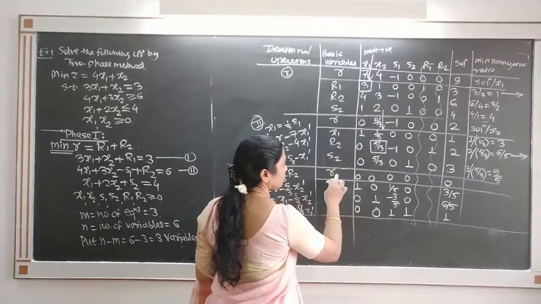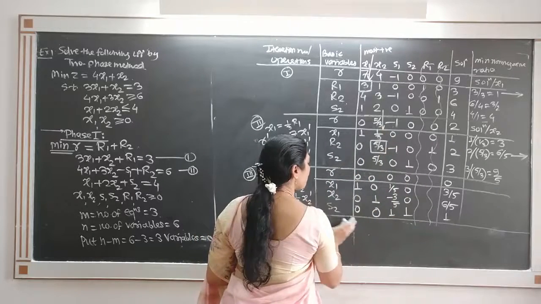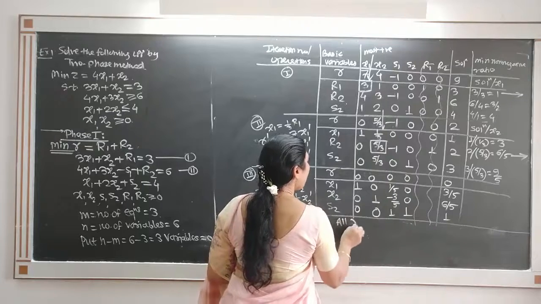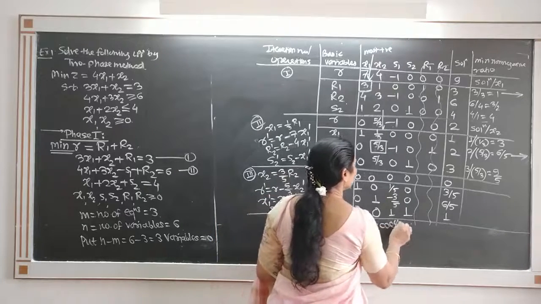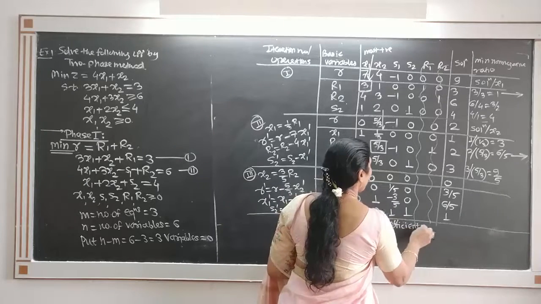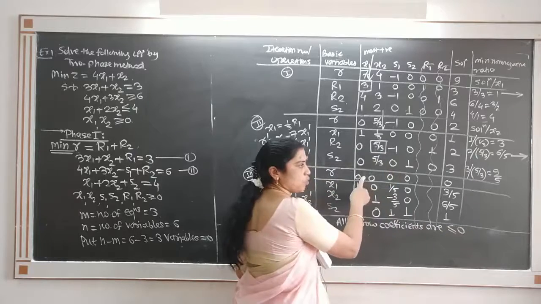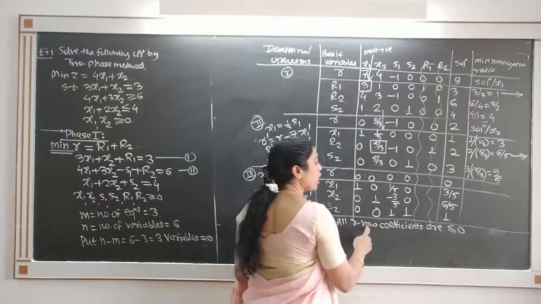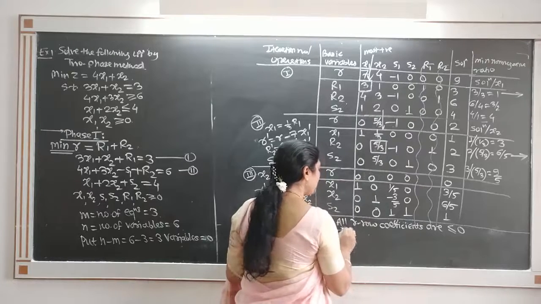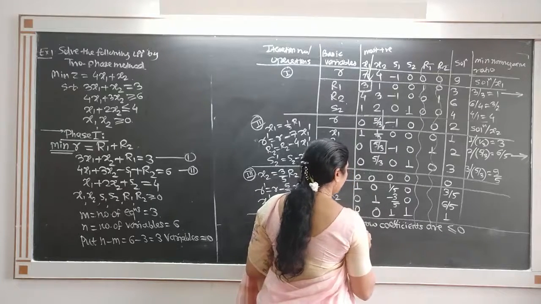Now observe that we want most positive, but there is no most positive. So all R row coefficients are less than or equal to 0. Here all are 0. We want most positive and we don't get that. So all R row coefficients are less than or equal to 0. Here mostly they are 0. This implies that your solution is optimal.